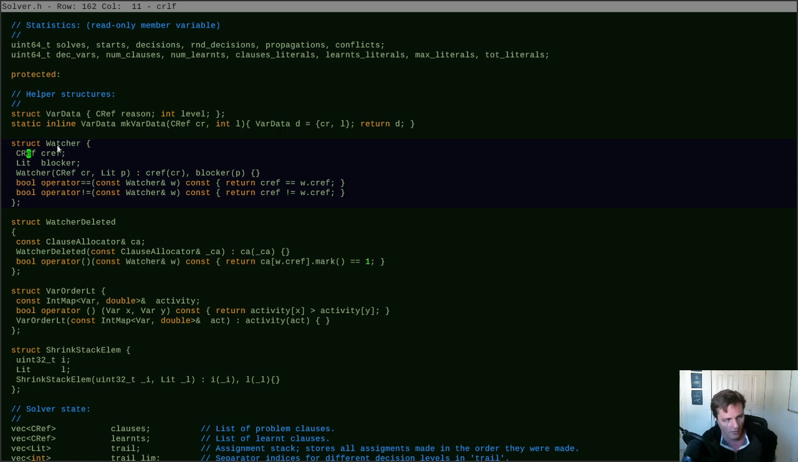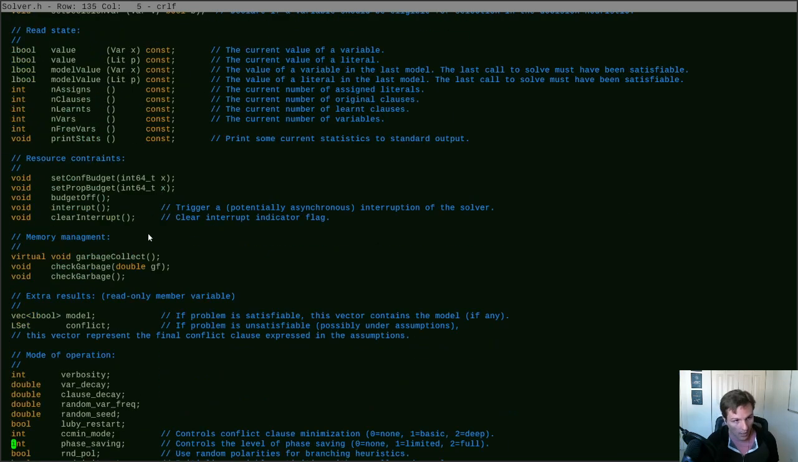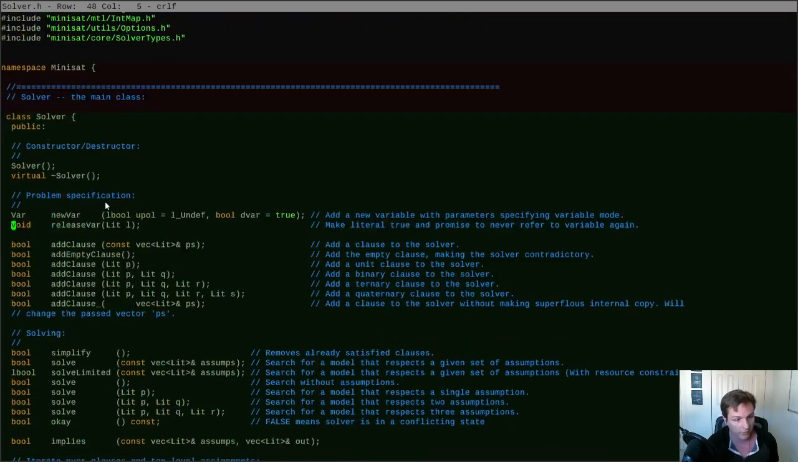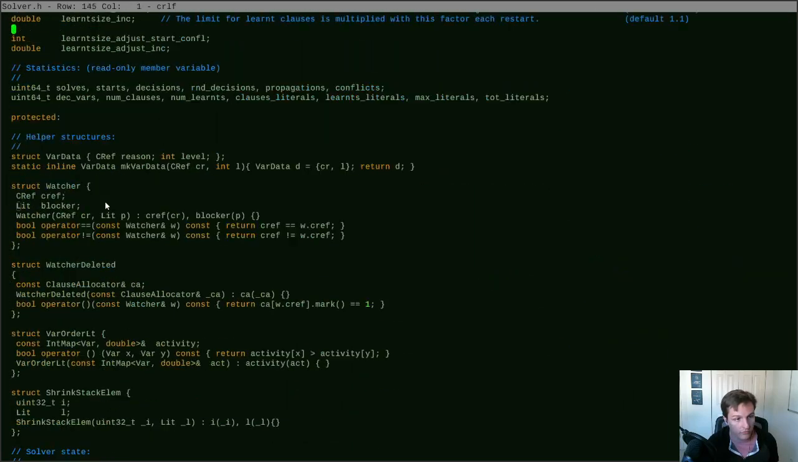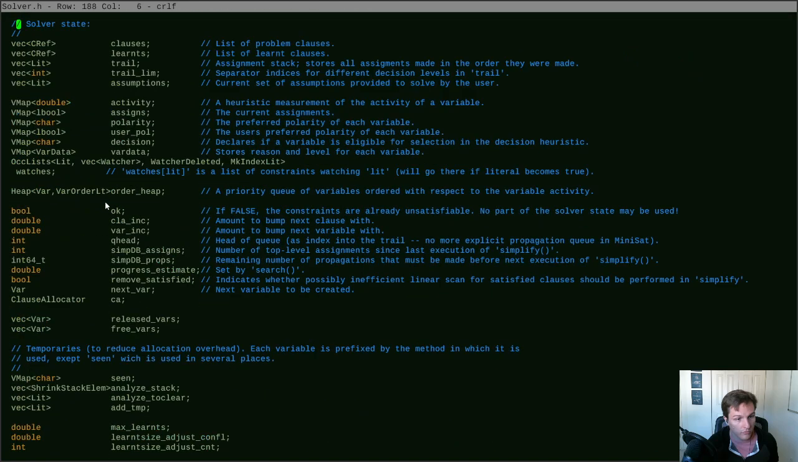So I know what a watcher is because I know what a cref is now. I know what a lit is. So a watcher is a clause reference. It's a reference to a clause, and it's a reference to a literal called the blocker. And up here are watchers. Where is that? Down. It's down. Our watches is a map that you put in a literal, and out pops a list of watchers. Each watcher,